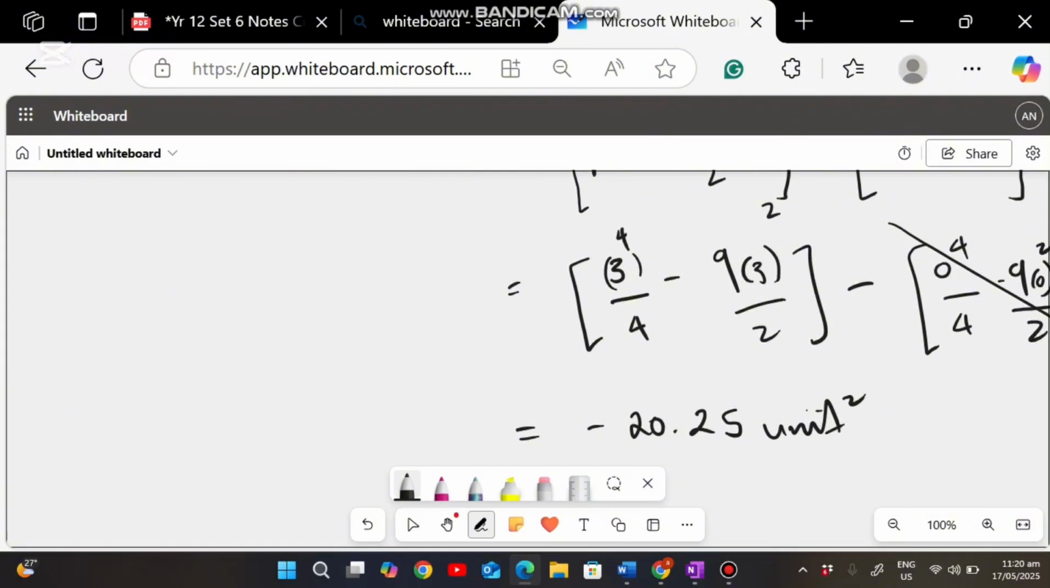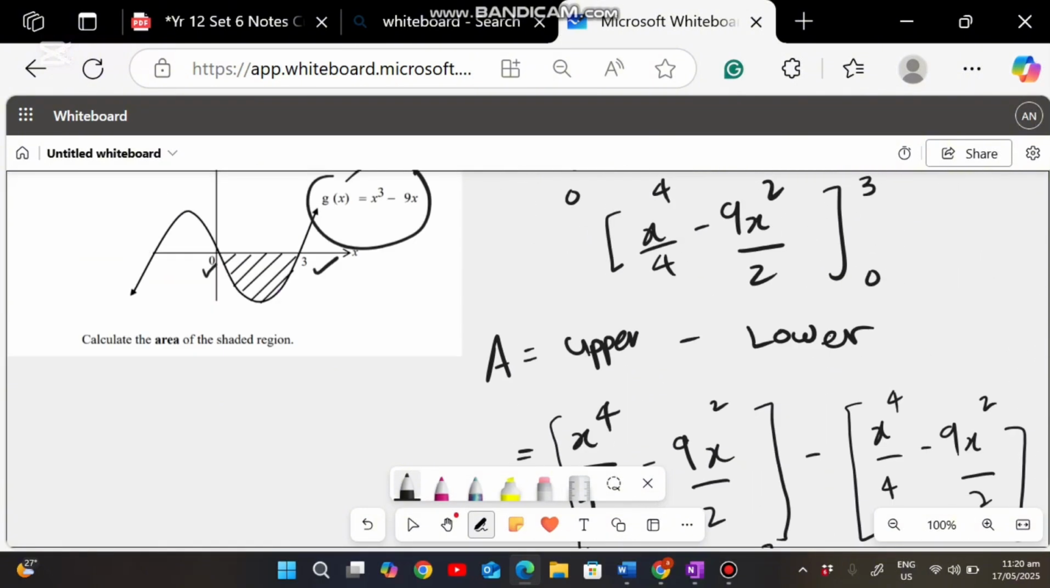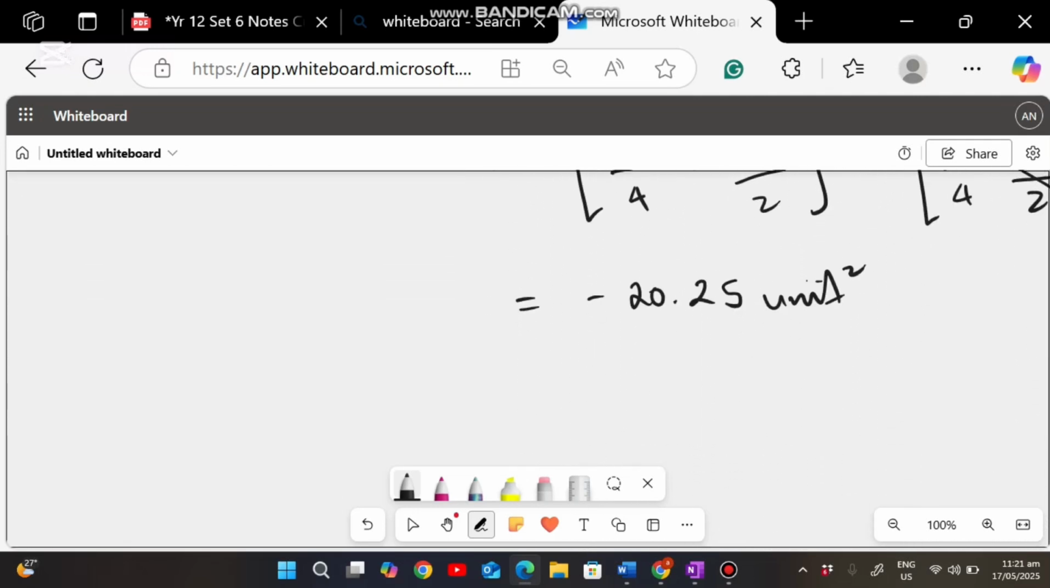squared. Why negative? Because if you look closely, this graph is below the x-axis, so it's in the negative region, but since it's area, you won't write area as negative, so you'll just say 20.25. Okay,